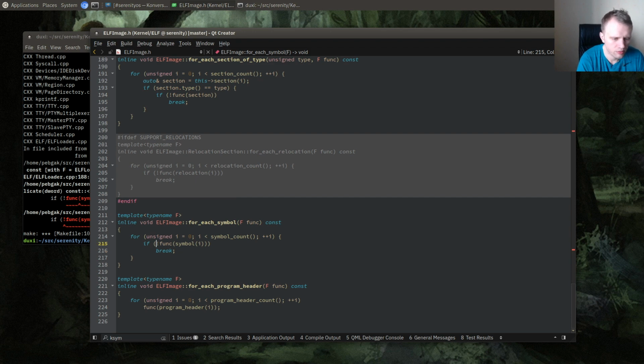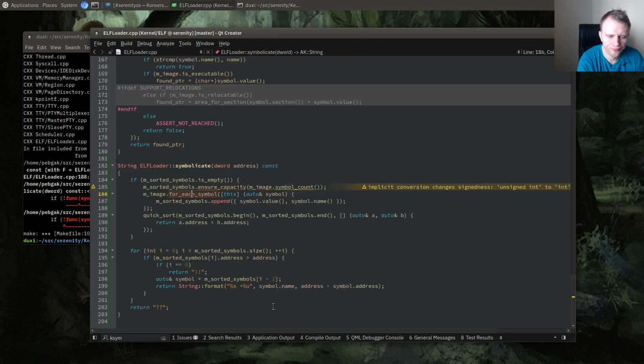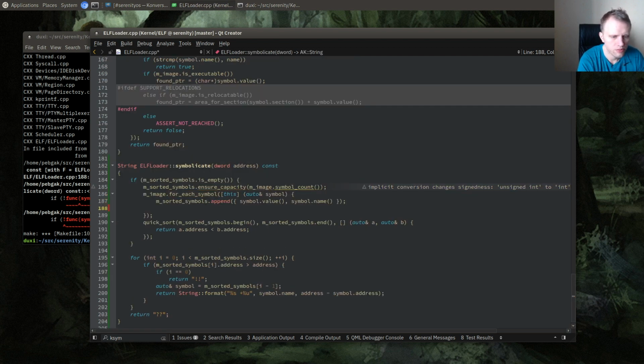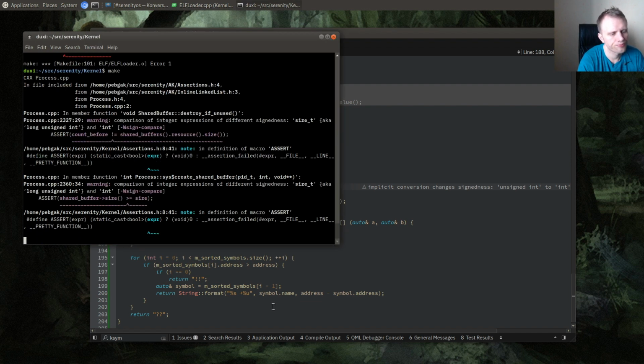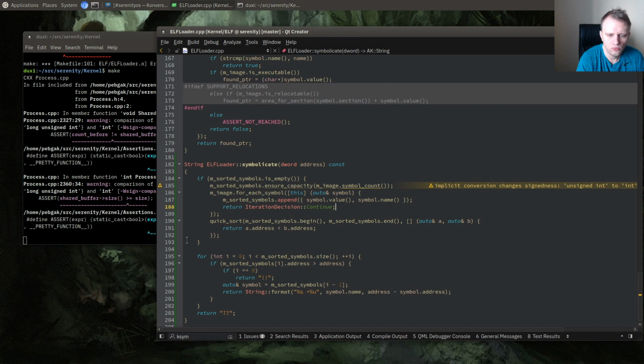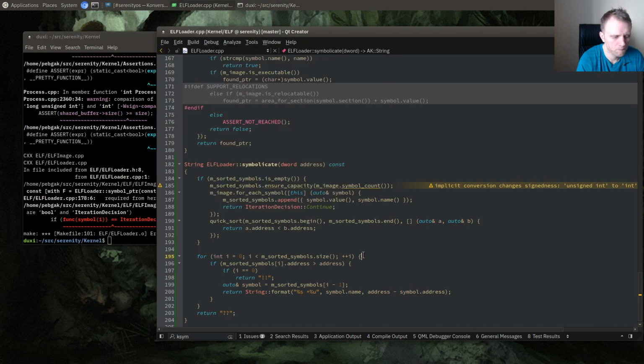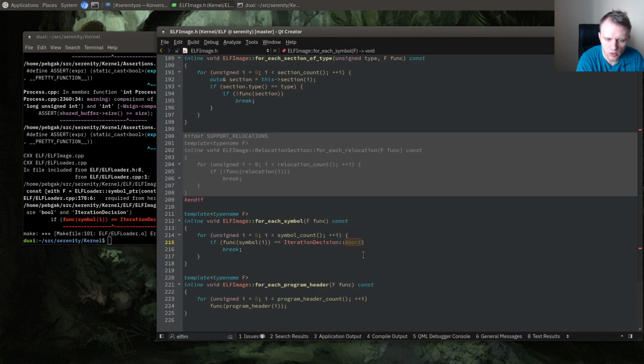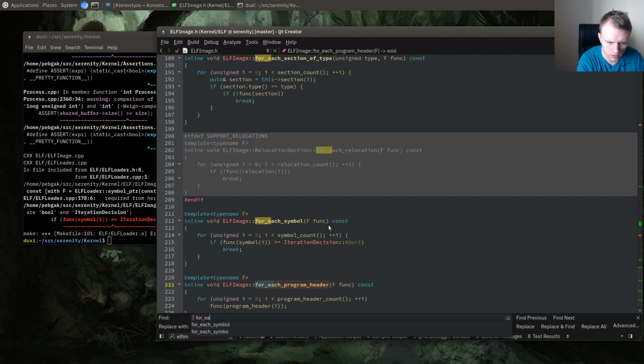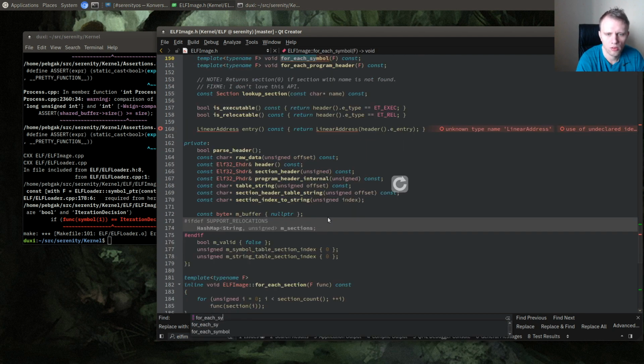Well, I should just convert this to my new thing anyway. Iteration decision import. I'll say iteration decision continue. And then there's somewhere else where I was using this. So for each symbol,